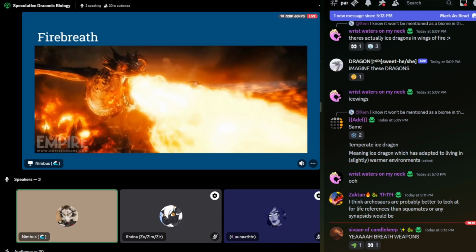So, fire breath. It's what dragons are popularly depicted with, but very much not the only weapon. Some are able to conjure it with magic, but some are based on science, and that's what I will be talking about. Personally, I theorize that dragons who breathe fire exhale a flammable gas rather than carbon